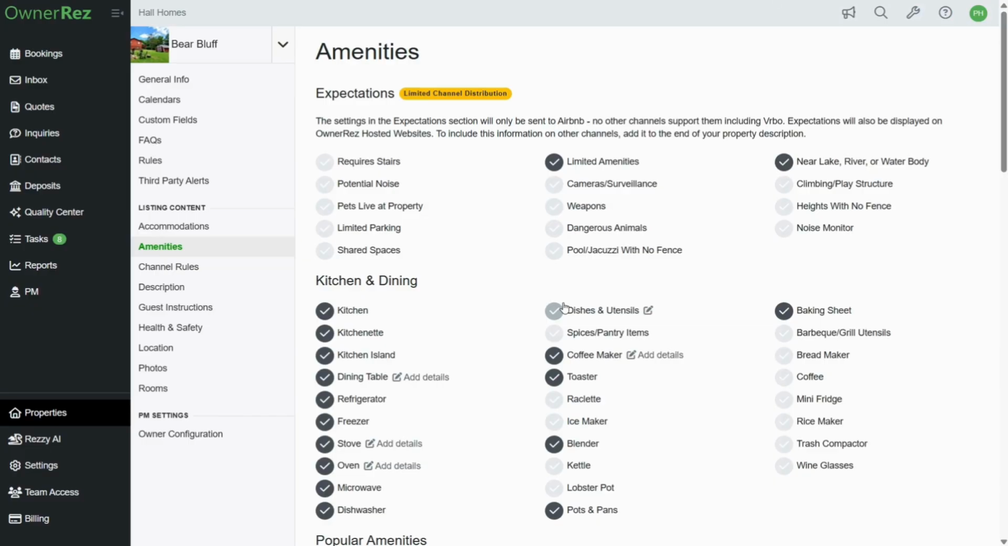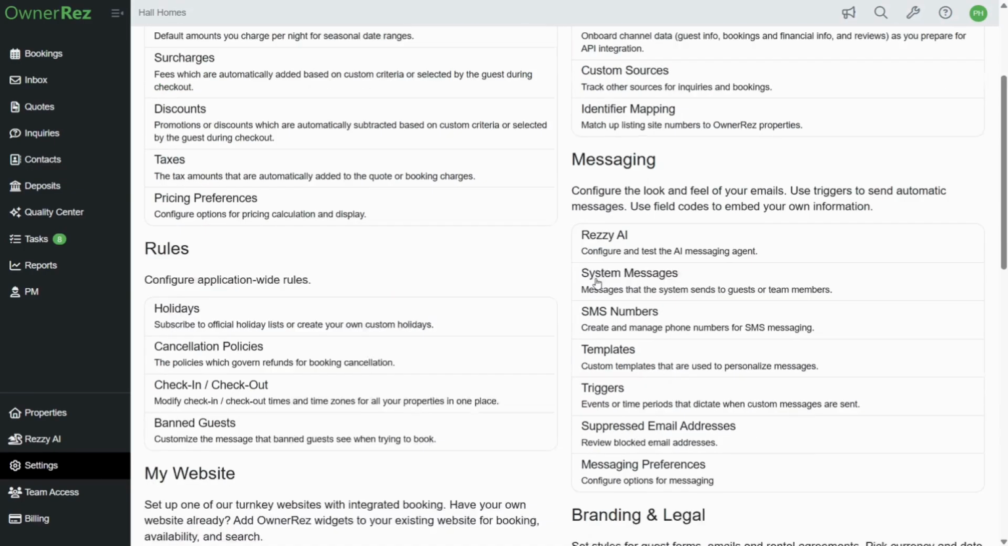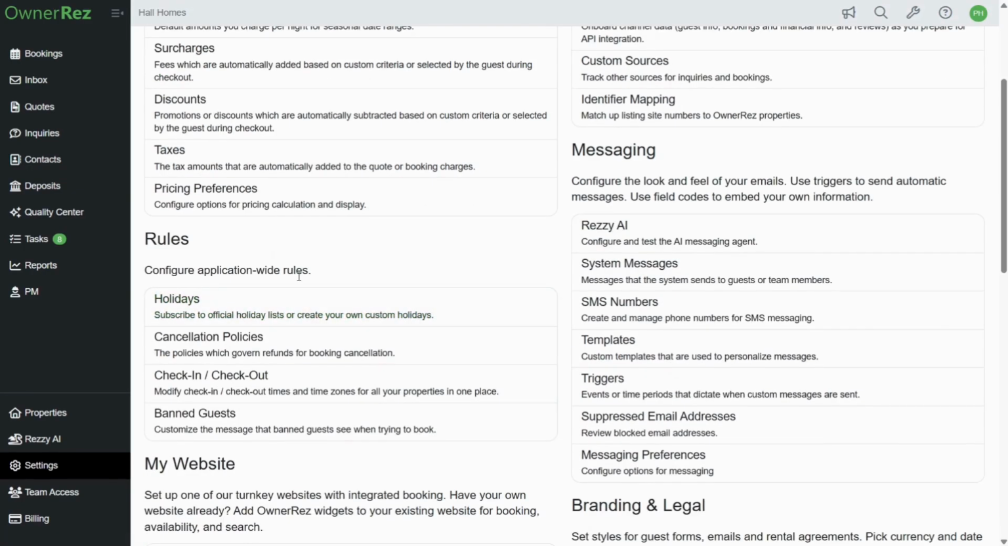For the last part of this video, we'll take a look at the Settings menu. The Settings menu is where most of the settings and configurations in the system take place. You can access and edit settings for pricing, where you'll specify what your guests will pay, channel management, where you'll connect with listing sites, rules for configuring application-wide rules, messaging for configuring the look and feel of your emails, and